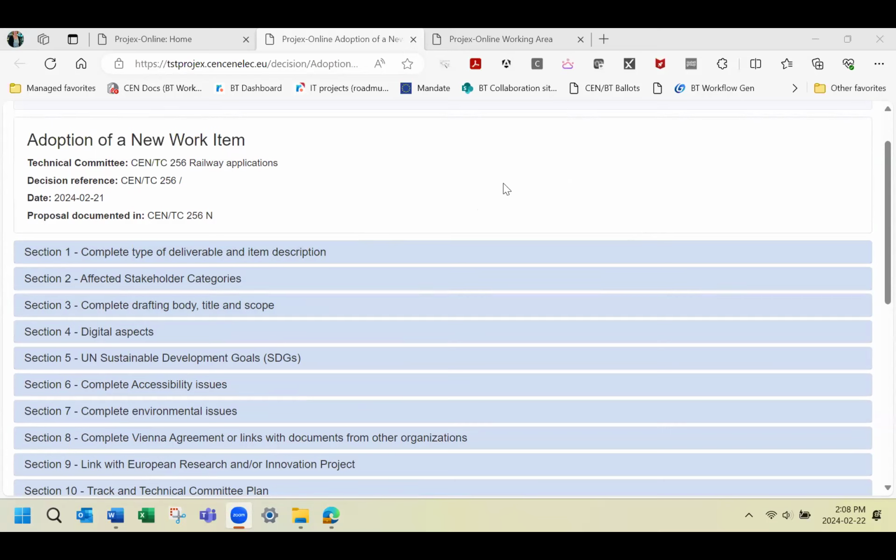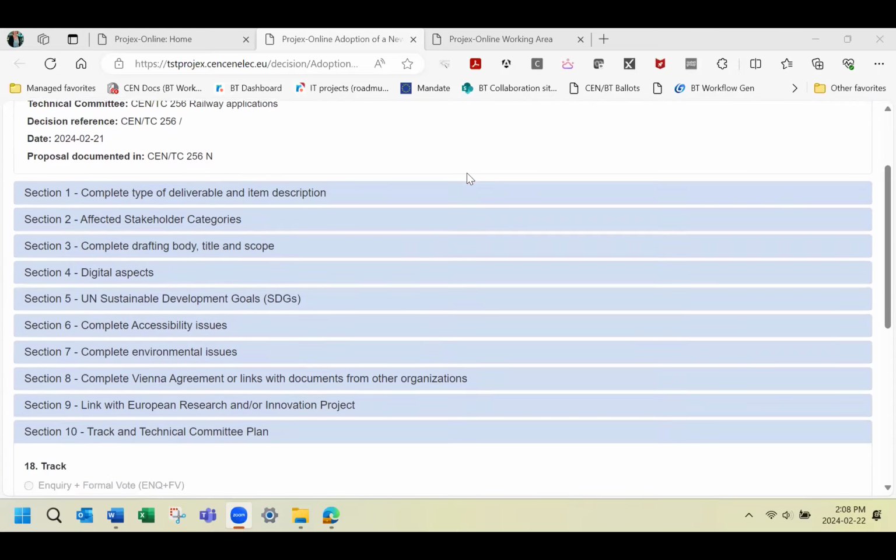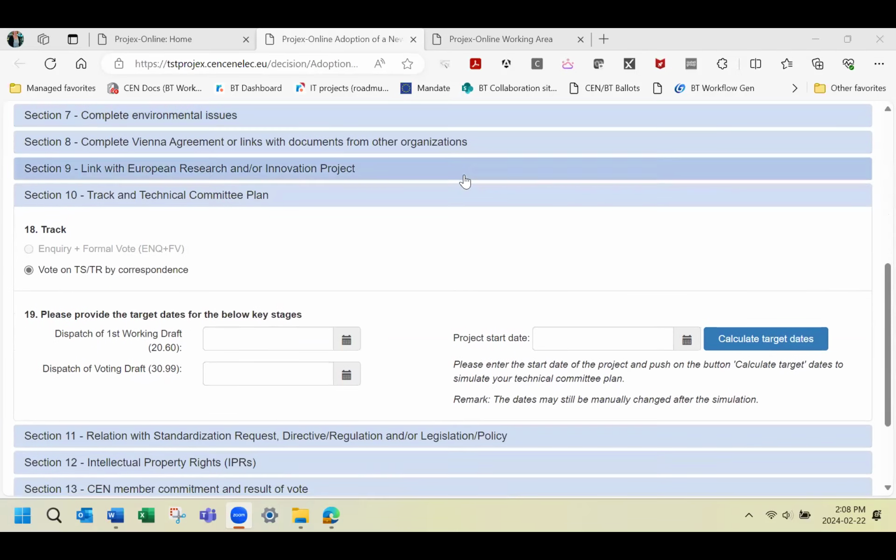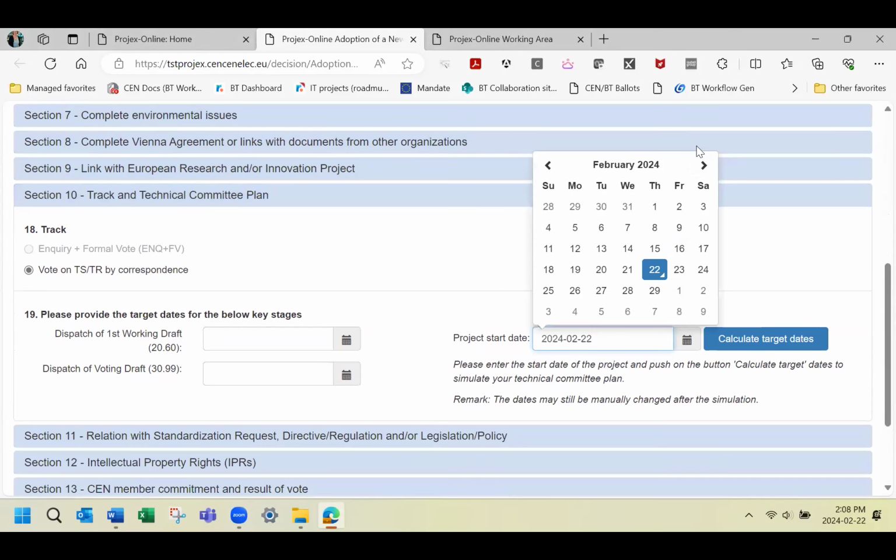Okay, so I pretend to be a TB secretary in this case, so I have pre-filled all the sections up to section 10, which is where the main change has happened within the tool. So I will now log a project start date, which will correspond to 2 months plus 1 day. So I will use the calendar to do this.